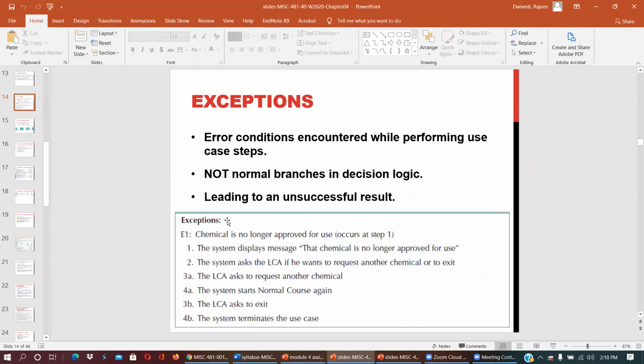For example, exceptions: chemical is no longer approved for use. The system displays the message that the chemical is no longer approved for use. The system asks the LCA if he wants to request another chemical or exit. If the LCA asks to request another chemical, the system starts the normal course again. If the LCA asks to exit, the system terminates the use case. So these are the exceptions.